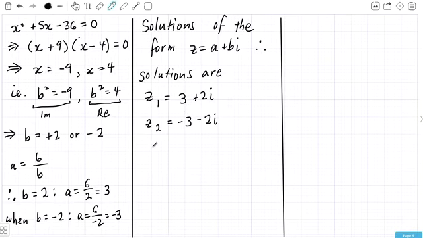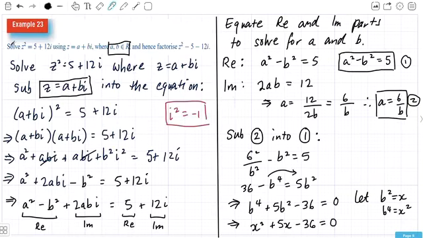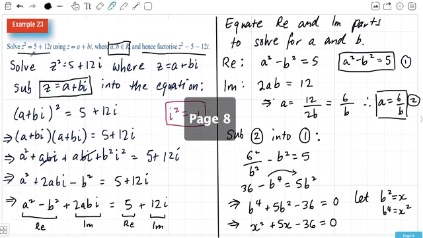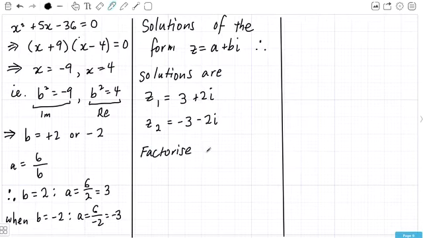So once we've got those solutions, always go back and read the question. It says solve that equation using z = a + bi. Well, we did that. We made our substitution for a + bi. We substituted in, we equated the real and imaginary parts, we found what a and b had to be, and then it says hence factorise z squared minus 5 minus 12i. Now that's simply this equation here, just with everything written on the left side. So once we know the solutions, we know the factors as well. So if we wanted to factorise that expression, which is z squared minus 5 minus 12i,